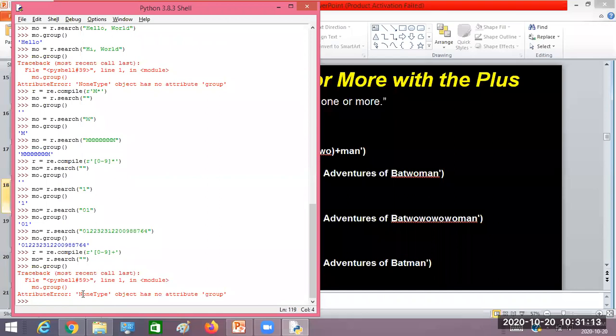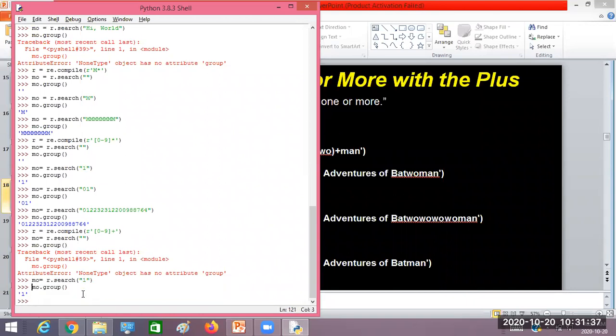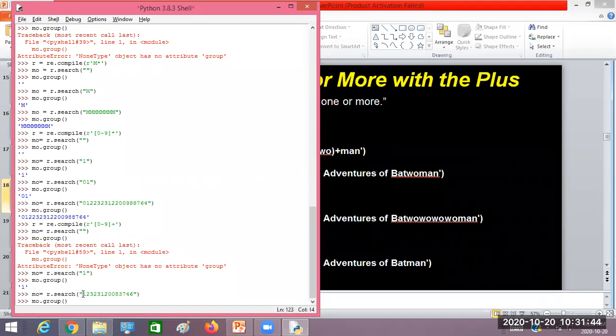So you should think whether you want minimum 0 occurrences or minimum 1 occurrence. If you want minimum 0 occurrences, use the star symbol. If you want minimum 1 occurrence, use the plus symbol. Then go with other examples like here. A 1-digit data will match this time. Likewise, you go with 0 1 something like this, and then it is going to match with the.